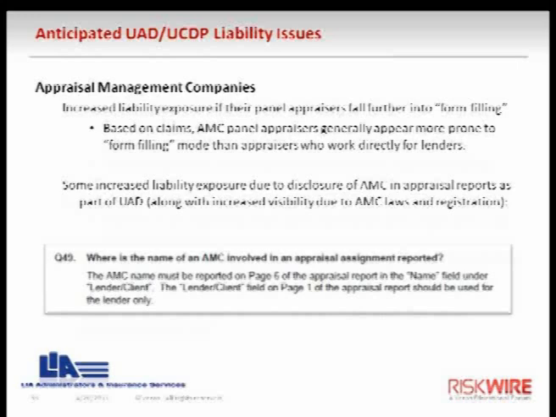Now, we can expect that some AMCs will see some additional liability on the representations and warranties that they make to lenders in their service level agreements and vendor contracts. And this will be because initially there may be reports that are rejected because of UAD problems, or as we get into the actual analysis of the reports upon submission through the UCDP, there may be some rejection of reports at that stage. And those AMCs that are delivering reports that get rejected, of course, will have some liability to their lender clients under the representations and warranties that they make to their clients.